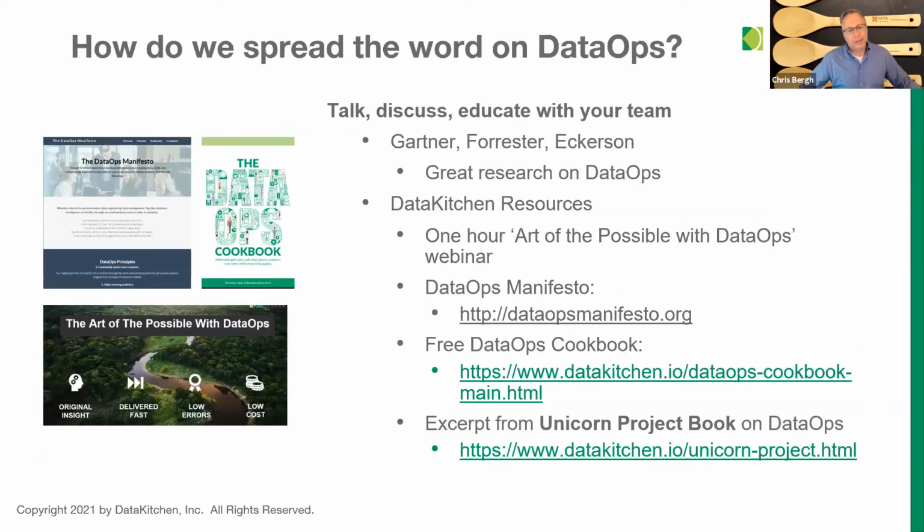So there's a lot of discussions out there, and we have actually spent a lot of time in the past. When we started to talk about data ops at conferences 5 or 6 years ago, no one really understood what we were saying. We wear chef's hats and give out wooden spoons, and people looked at us like we were kind of aliens. And so at DataKitchen, we had to write a manifesto. We ended up blogging a lot and writing a book, and other people have started. So there are several other good books now on data ops out there. Harbinder Atwell's got one. There's other people who've talked about it, Gartner, Forrester, and Eckerson. So there is a lot of writing and concepts around what data ops is.